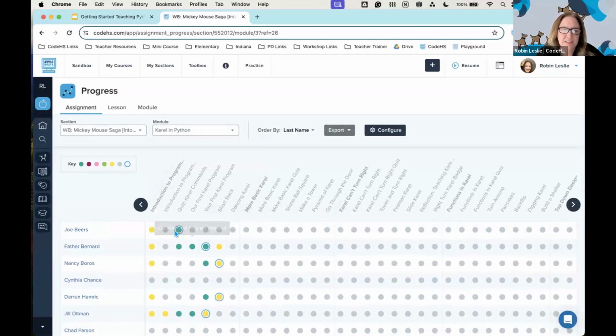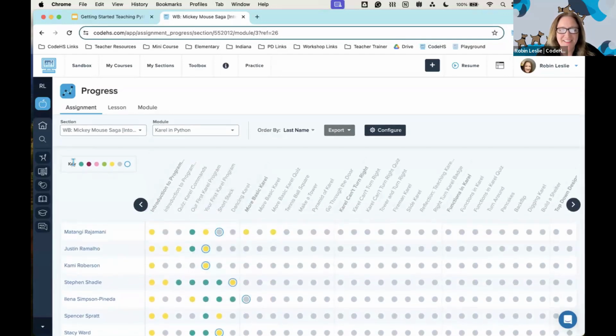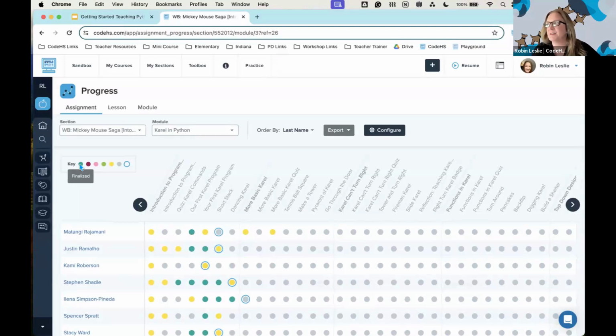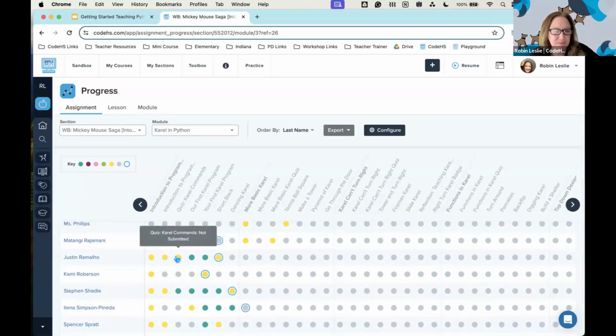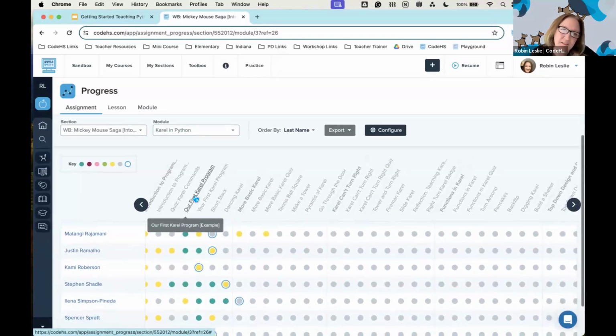Here we go. I can see some people did amazing on the quiz. I'm telling you, you are good. And the color-coded key up top, if you hover over that lovely teal green color, means it's finalized. Basically the student did it right, it was auto-graded correctly, and they've moved on with their lives. So they did really well. Yellow just means it's been opened. Maybe it's been tried, but it's not completed. So you guys are doing awesome.